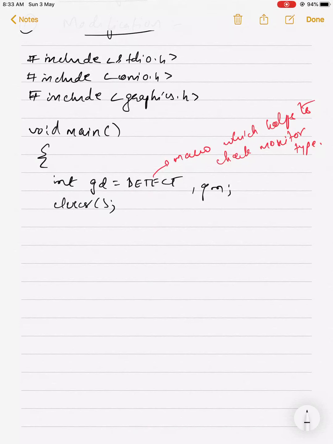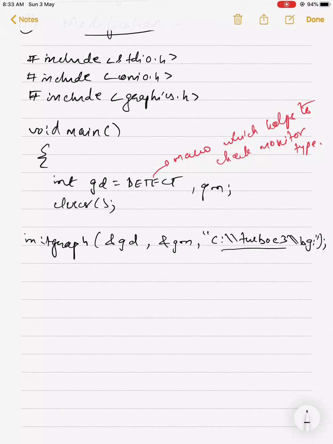After that, initgraph. See what I'm doing, initgraph, initializing the graphic system, find the drivers, find the mode, and the path to display the output is this. Try a program by not mentioning the path. Check the output, you will see just a blank screen, you will not see any error.